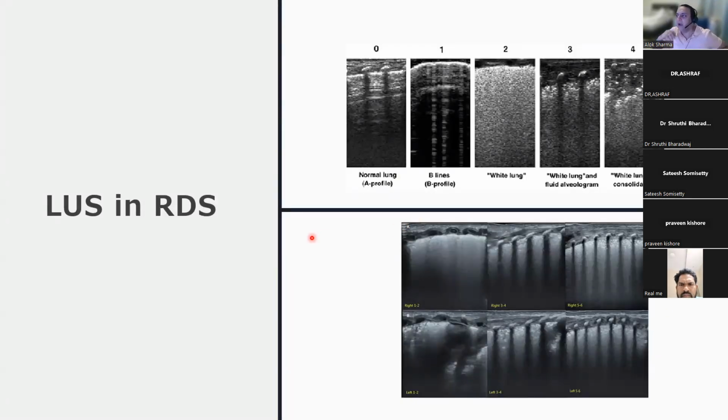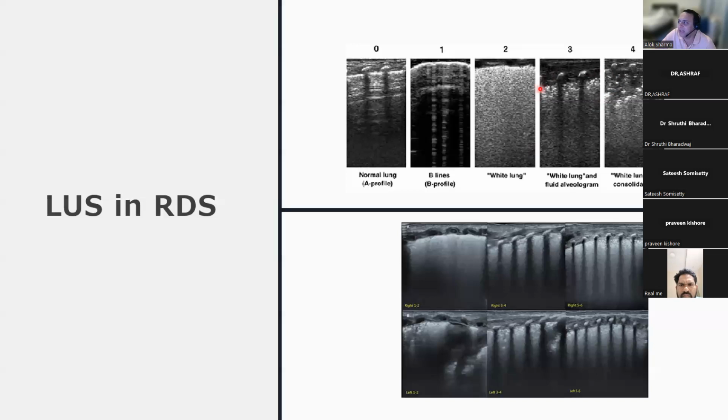Well, now we have a classification that's been published, not just by Dr. Lewis. This is basically work that's been done by Douglas Blank, which looks at the severity of the progression of lung ultrasound scores. And again, what he talks about is well aerated lung, a score of 1 where you have more than 3 B lines per intercostal space, basically what looks like whiteout or alveolar interstitial edema in every